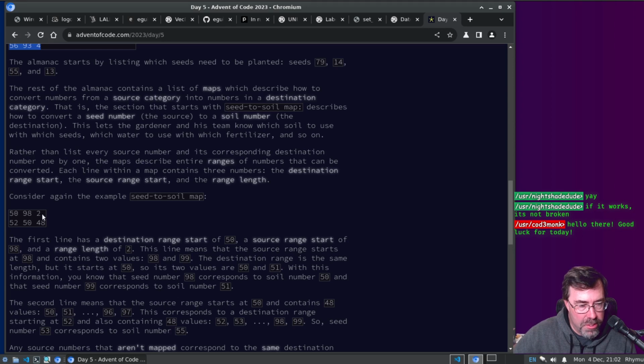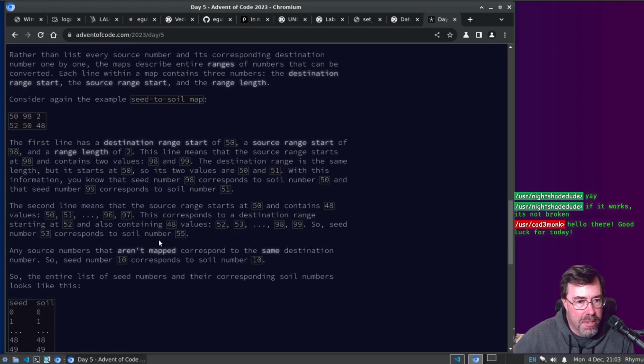Oh, it's just 2. 98 and 99, not 100. Got it. Destination range is the same. It starts at 50, so it's 50, 51. I said 52, I was wrong about that. There's just 2 of them, 50, 51, mapped from 98, 99.